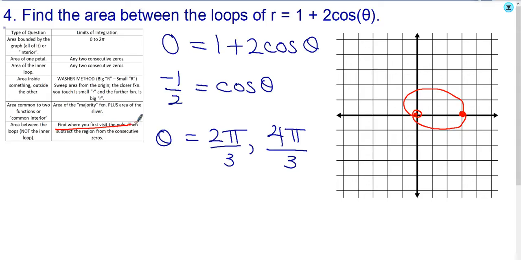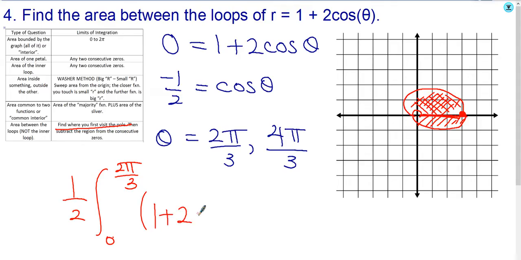And so what I'm going to do is, these regions are symmetrical, the top and the bottom, even though they don't look like it because I drew it so sloppily, but this top region is symmetrical to this bottom region over here. So if I can do 1/2 times the integration from the angle 0 to that spot of 2 pi over 3 where I first touched back at the pole, because I remember I want, between the loops, all of the red area without that little inner region right there. So I want everything except for this, okay? I go from 1/2 to the first time I hit the pole, so from 0 to 2 pi over 3